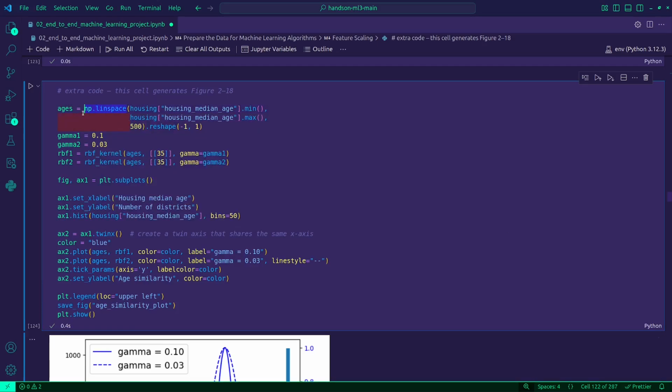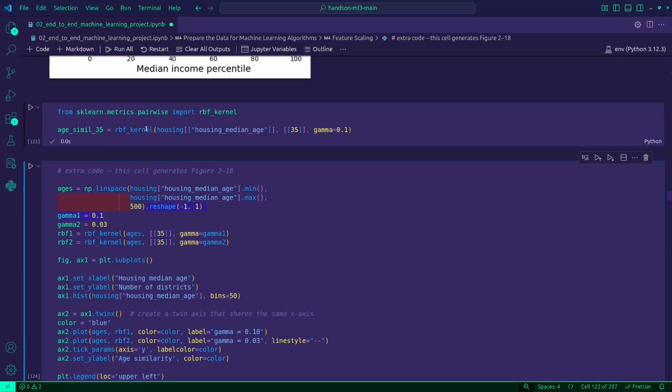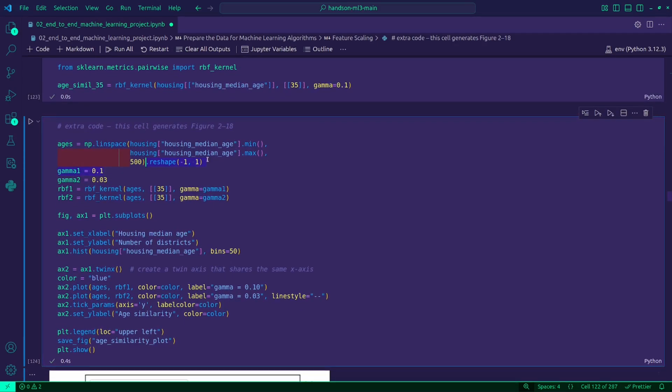We are creating a linear space of the median age, between the minimum and the maximum median age, and we create 500 tick marks between the youngest and the oldest house, which will give us a nice little x-axis for plotting this. And then we reshape it via this command to work with the RBF kernel.